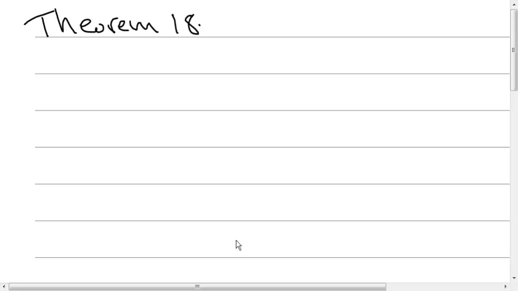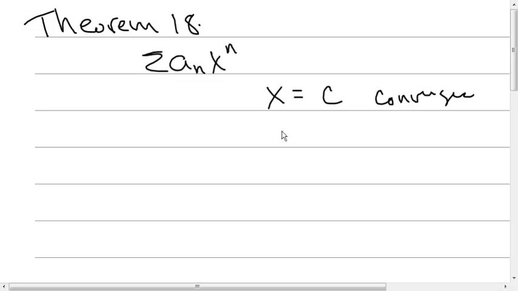Alright, what Theorem 18 tells us is that if we have some power series of the form a_n x^n, and we know that for x equal to c the series converges, then that tells us that we have absolute convergence for the absolute value of x less than c. So if we look at a number line